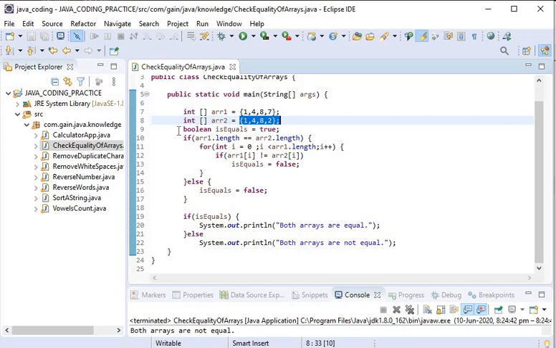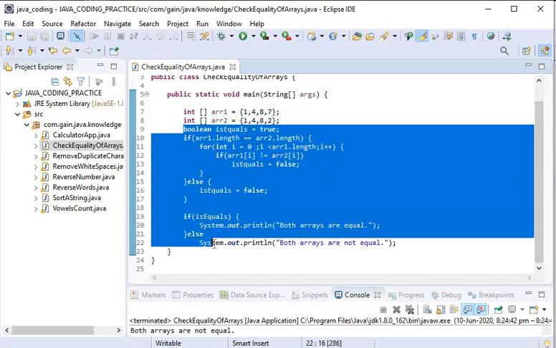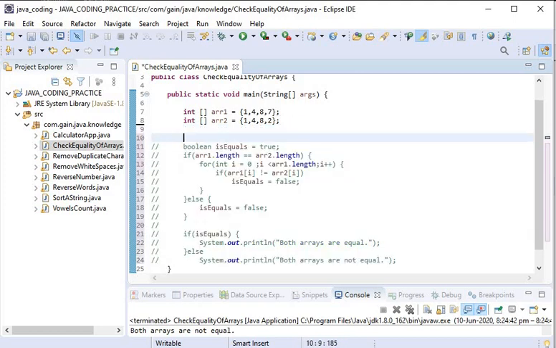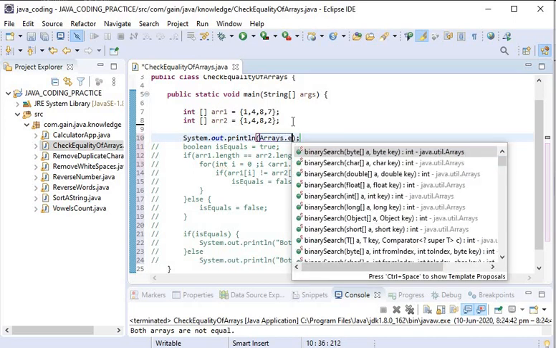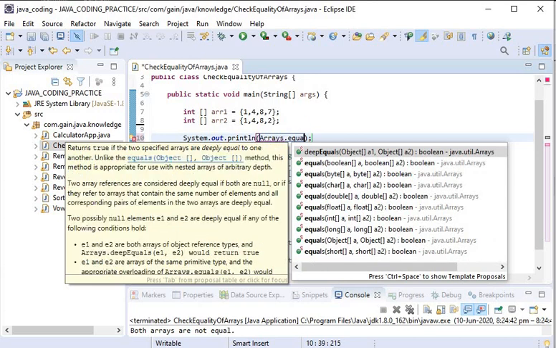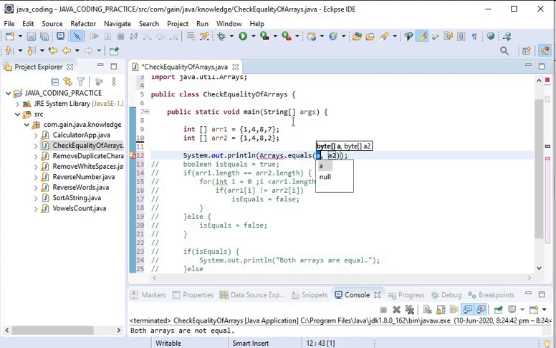Here I will comment this, and just print Arrays.equals method, and pass both the arrays, array1 and array2.